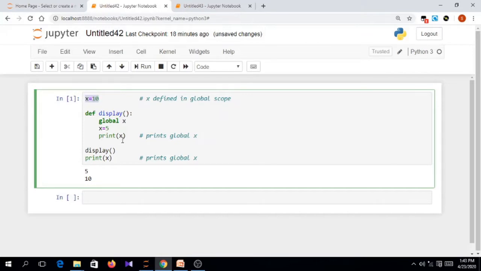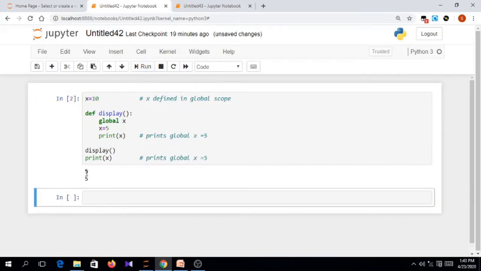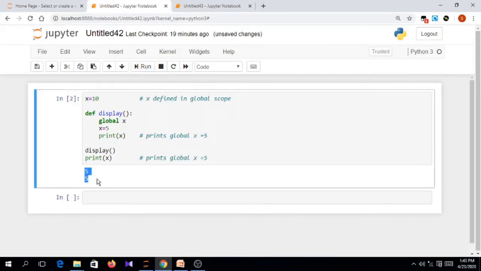So when I print x here, we will print 5, and then when you return back and print x again, this time also we will print 5. Why so? Because the change that we made to x is actually changing the global variable. So we do not have two different x here. This x and this x both are the same. So if I run this program now, we will get the output as 5 and 5, in both cases.